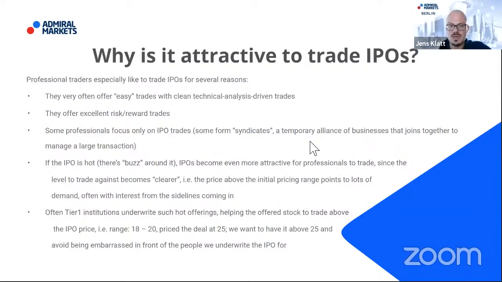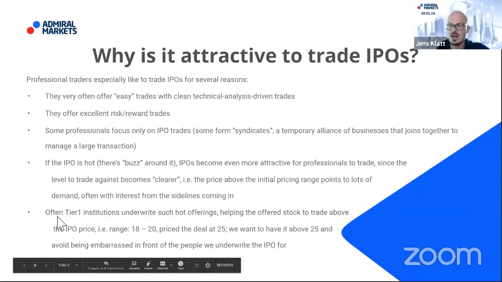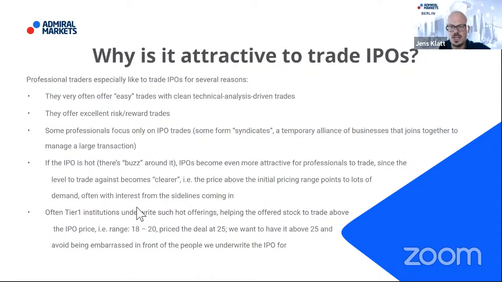around it, IPOs become even more attractive for professionals to trade, since the levels to take your trade against become much cleaner and clearer. So, for example, a price above the so-called initial pricing range points to lots of demand. Usually once you have an underwriter, like a big investment bank, this is especially true for the so-called tier one banks, which you can see comes in the next bullet point. If you have such a tier one